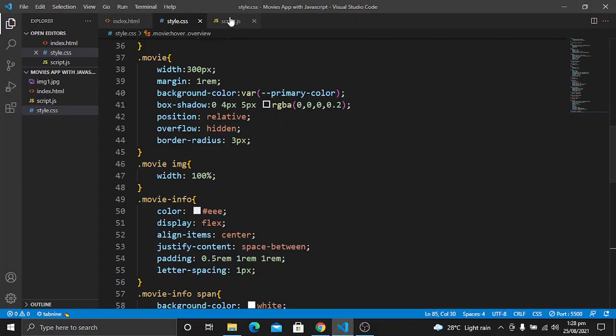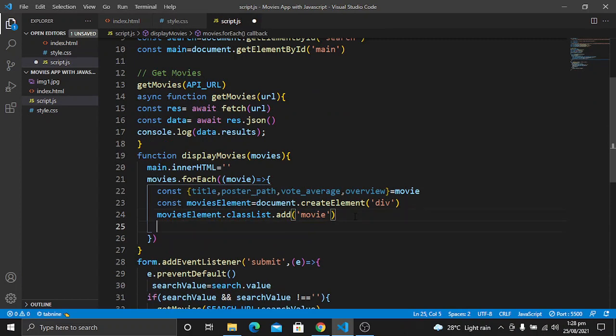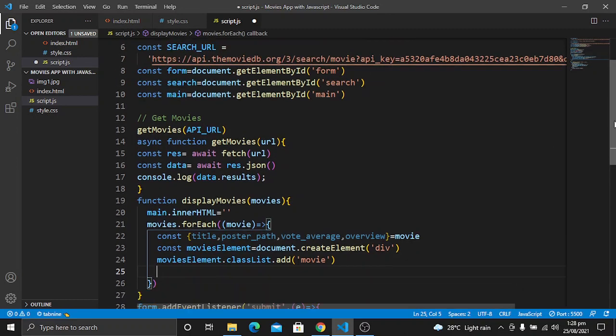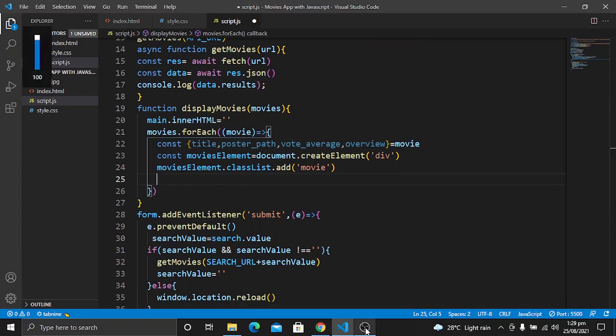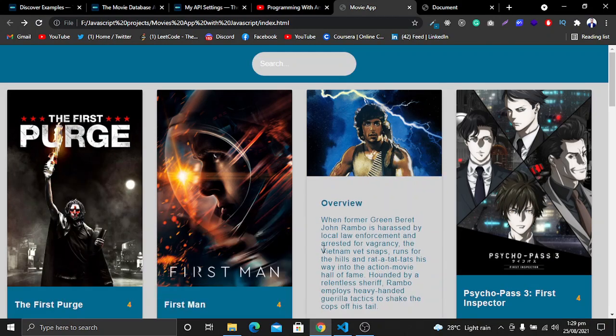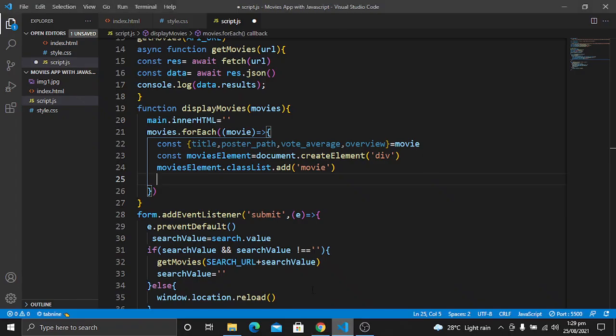Now we have this movie, and we want to append the individual movie into the main container. The main container is going to be this main, which is empty right now. Before appending this movie element into the main container, I want to add the individual items such as images, overview, the title and rating to this movie element.